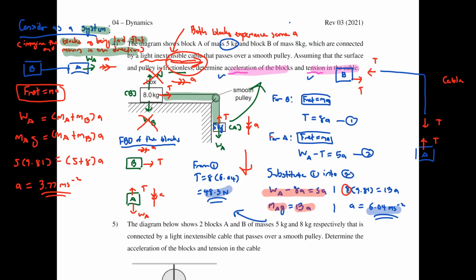This one is not 8 kg. 8 kg is for mass B. I want mass A. Mass A is 5, so the mistake was this one. So I'll just change this. This one is 5. 5 times 9.81 divided by 13 is going to give me 3.77 meters per second